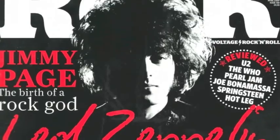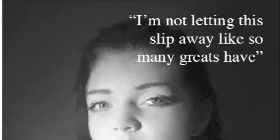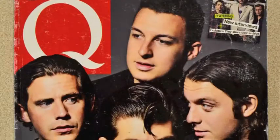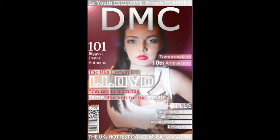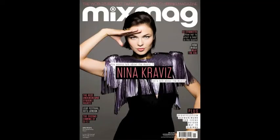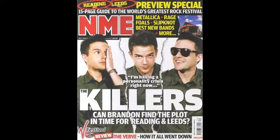I then used a separate font on my main feature cover line, which was continuously used throughout the magazine to unify house style. The font I used differs greatly from other cover lines to imply its importance as the main article. It's also made larger than other cover lines to take up more of the page. This shows significance. Magazines such as Mixmag use this technique and usually give the artist's name prominence through fonts and